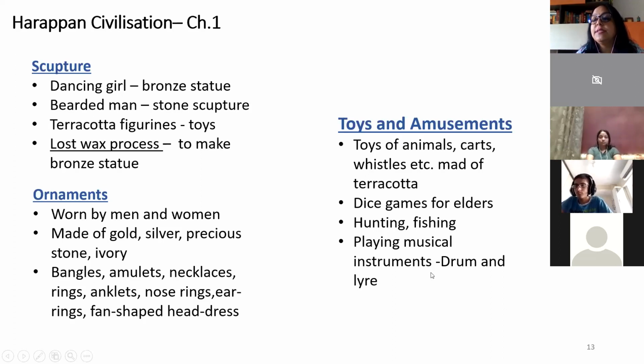Playing musical instruments like drum and lyre. What is this lyre? Lyre is a stringed instrument, an instrument which has a lot of strings, like a harp. If anybody of you has seen a harp, it has a lot of strings. Strings like this. If you strum, a sound will come. So that